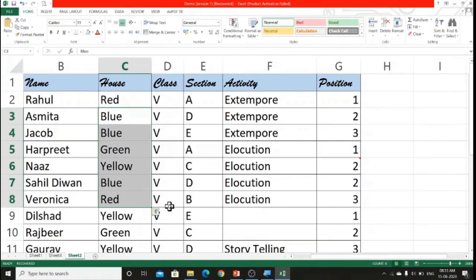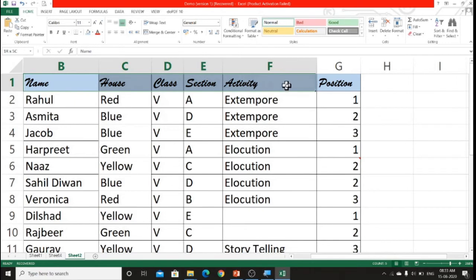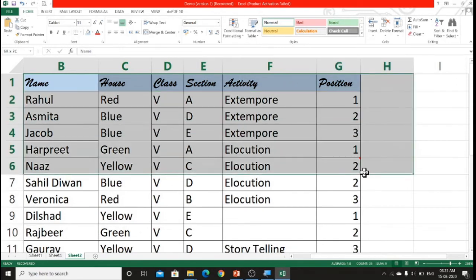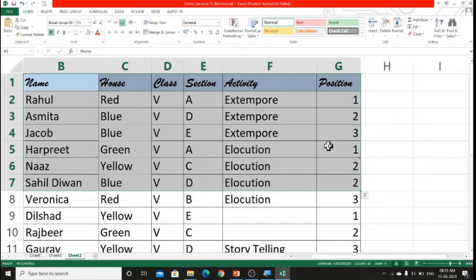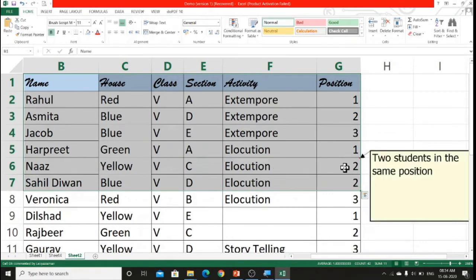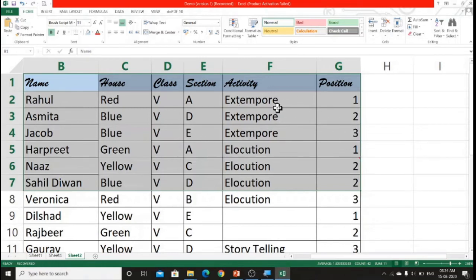So this way you can clear comment. I had shown you how to clear comment from here. I had cleared content over here and I have cleared formats over here. Now suppose if you want to clear everything, you want to clear contents also, comments also and formats also. So for that you need to select the cell. Suppose these cells I am selecting, I want to remove the contents and formats from here and there's a comment here, isn't it? So I am selecting all these cells and I'll click on clear all to remove this comment and contents as well as formats.